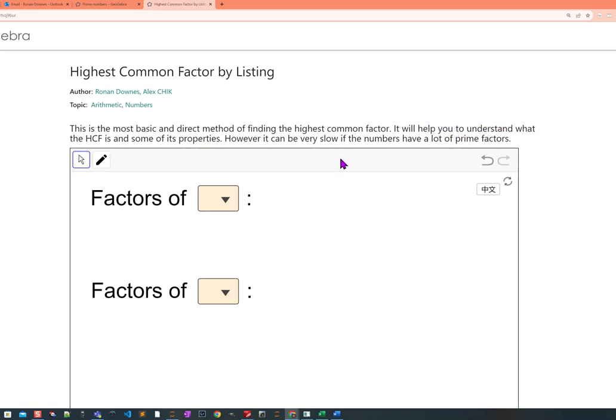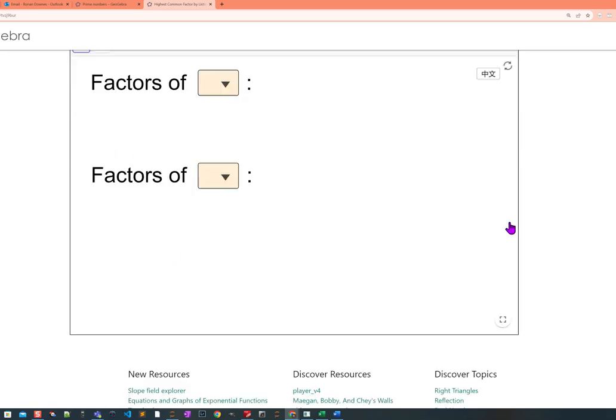Now, while it would be great to understand the concept of the highest common factor, and probably the best way to start, it's also quite inefficient and cumbersome, and when the numbers get big at all, we'll be using more direct, sophisticated methods, using prime numbers or using technology such as your calculator. Okay, but let's